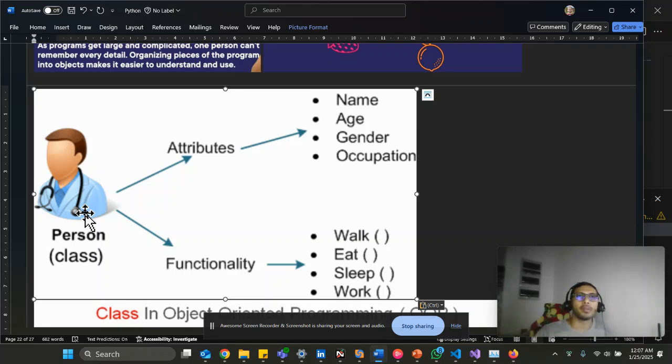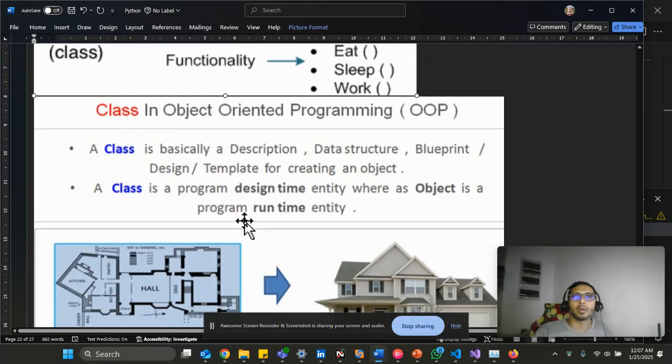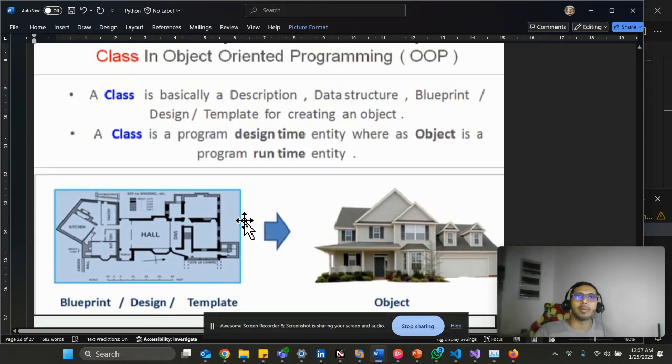So in the software world, when it comes to a person, we define their attributes: their name, age, gender, and the functionalities or behaviors that they can do. They can walk, they can eat, they can work, those things. So it's like a blueprint. The same example we can explain with